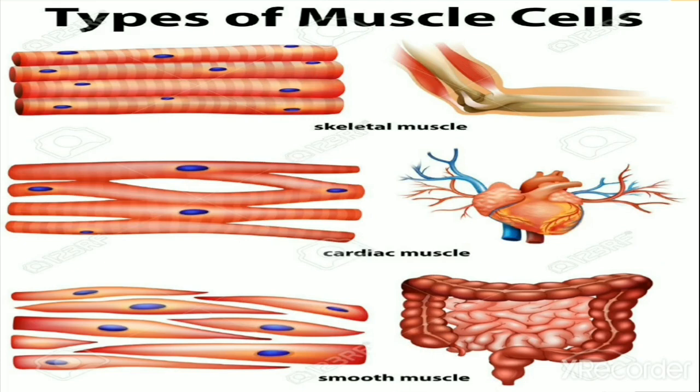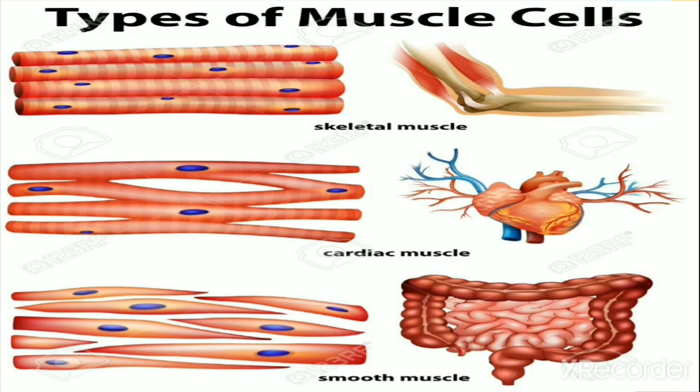So if you observe your body, you know that some of the body parts are under your control. You can control the movement of those body parts, but some of the body parts are not under your control. Means you can't control the movement of your heart, or your internal organs. So on the basis of that, we can say that our body has 2 types of muscles, voluntary